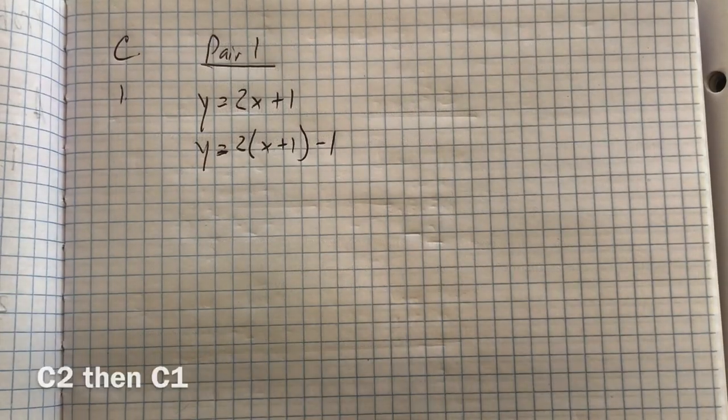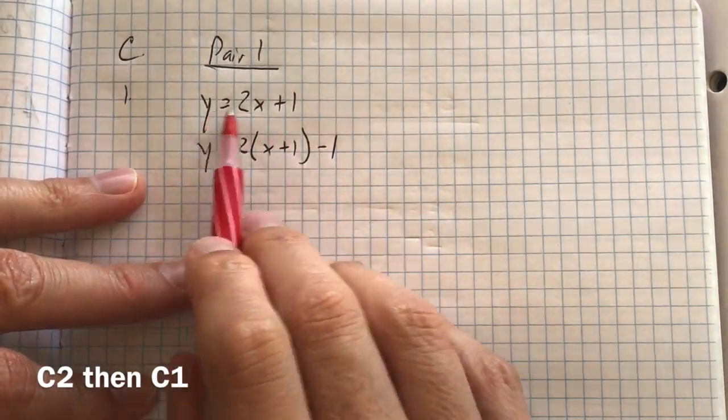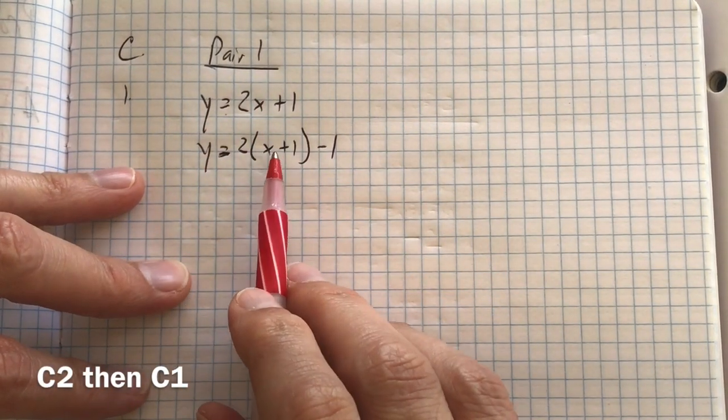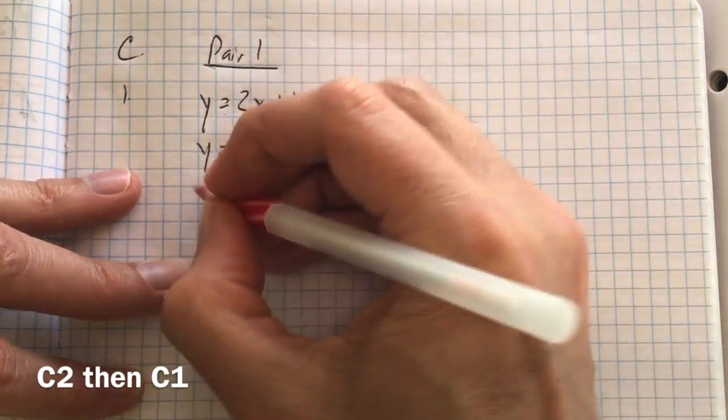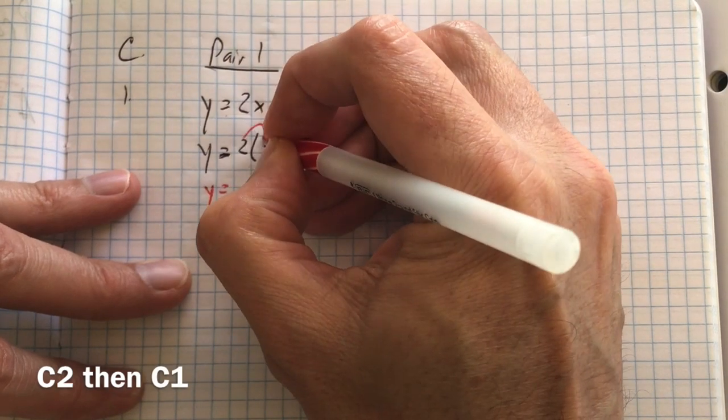All right, so let's take a look at the pair 1 equation. This one's all set, ready to go. The next one, in this case, we would do a little bit of distributive property work first. So let's do that. I'm going to have y is equal to, and if I distribute this 2 through,